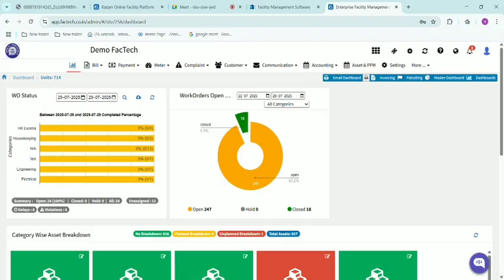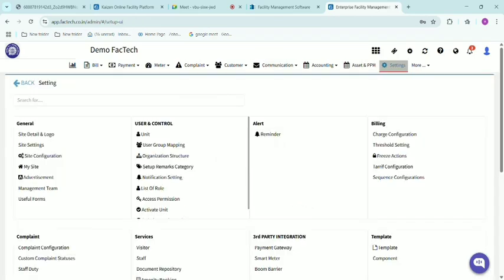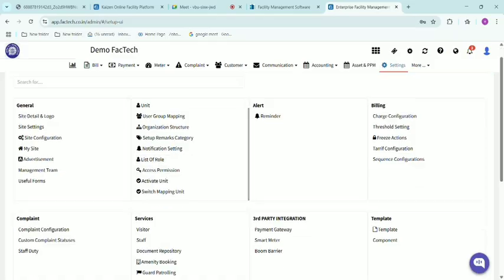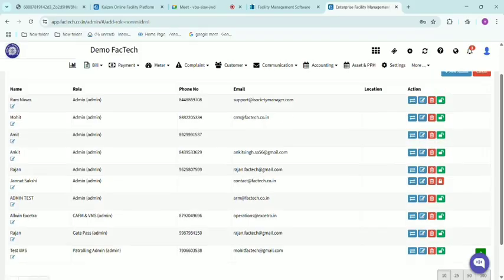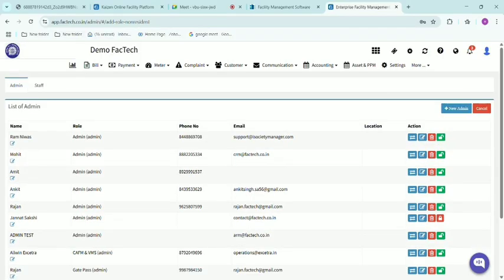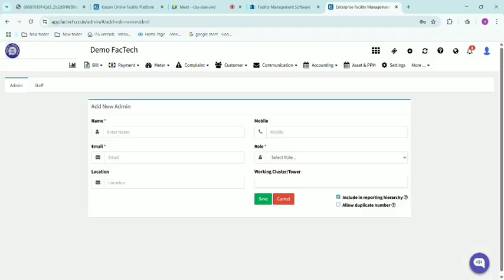After you log in, you can see the multiple modules here. You have to click on settings and then scroll down and click on search member. Here you can see the two different roles, like admin role and staff role. So if you want to give an admin role to a particular person, then you have to click on the new admin and enter the name of the person and the mobile number